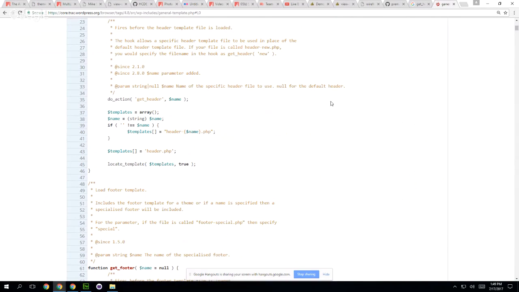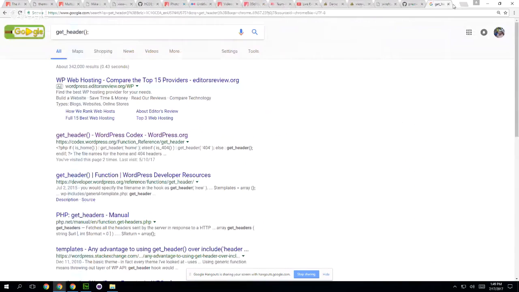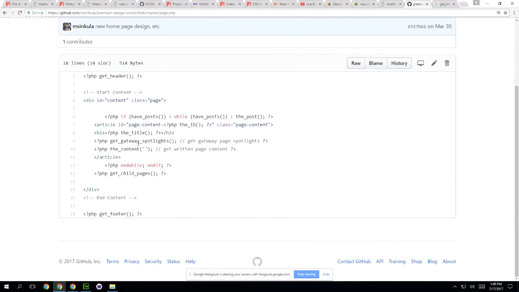Here's what you need to know about that. See what I meant, Jonathan? In other words, are you trying to say that WordPress will take your template and then make a PHP includes folder by itself? What I'm saying is this get header function,